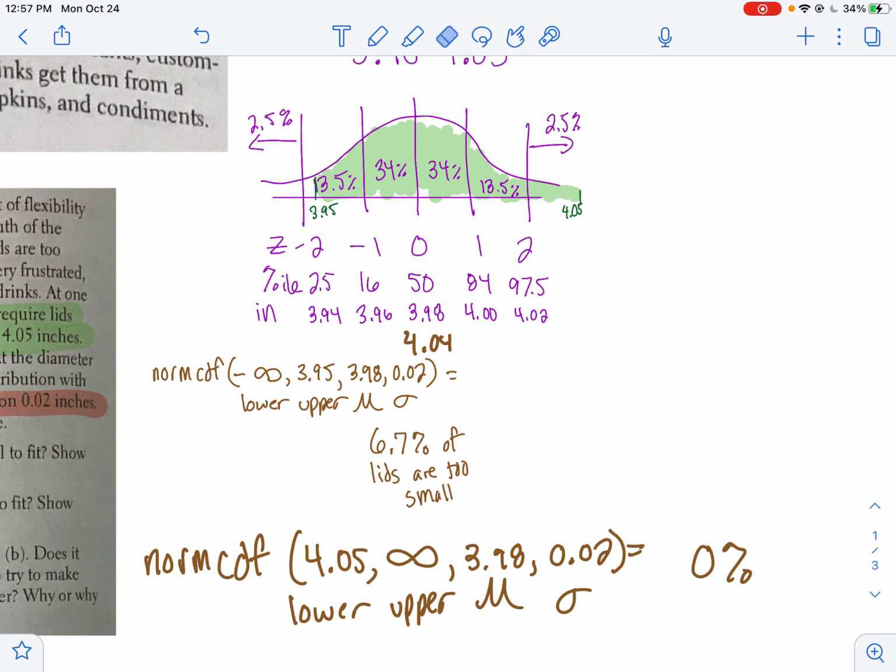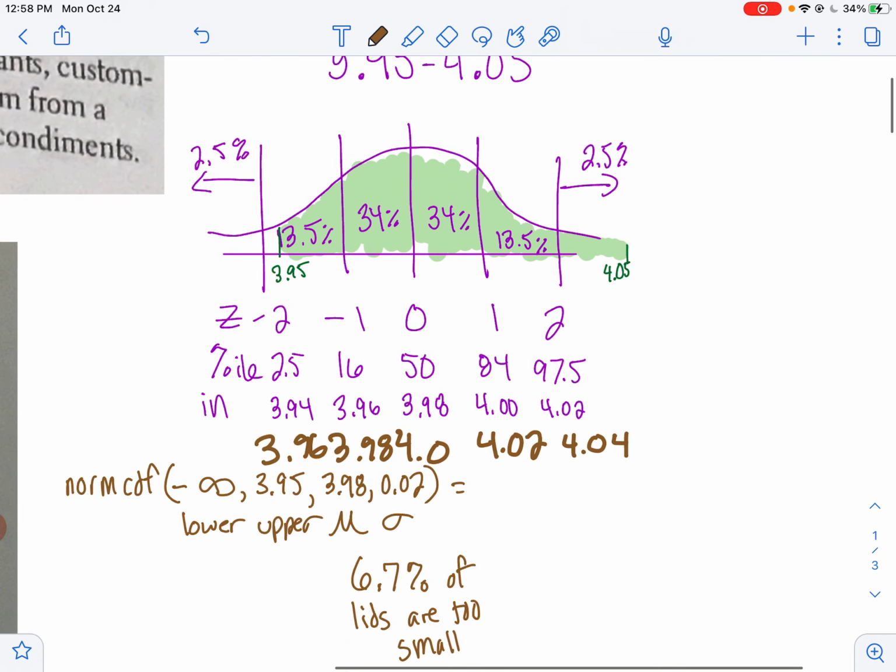Or actually, no, I'm not going to do that. Maybe I just went with a mean of 4, and then I kept my standard deviation the same, 0.04. And then I could keep going down here, 3.98, 3.96. So if I kept my standard deviation the same, but I kept my mean, then I'd still be in pretty good shape here. The only thing I'm noticing here is that 3.95 is my minimum, and